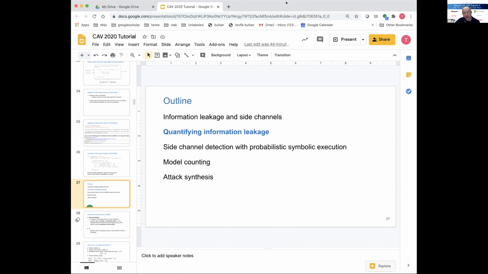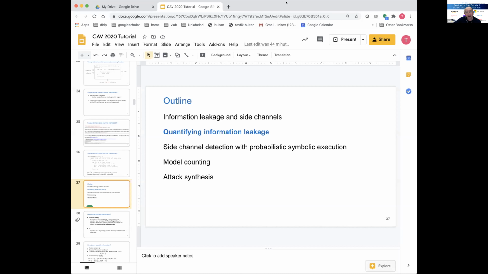Plus, I'm observing the execution time. So as an attacker, I'm observing the execution time. And you may say, well, that's too strong of an attack model. But there are very practical cases where this actually causes a lot of trouble, right? Because maybe I'm observing a process that's running in my computer, but I'm not supposed to see some values there, but by observing its time, I can see it.